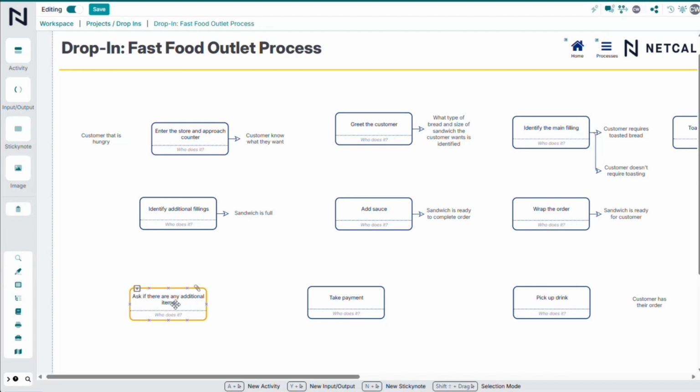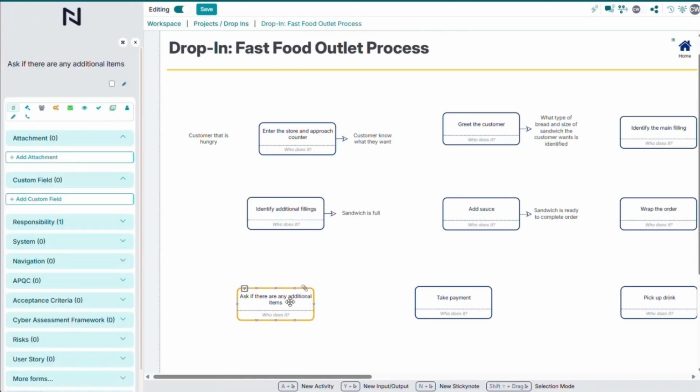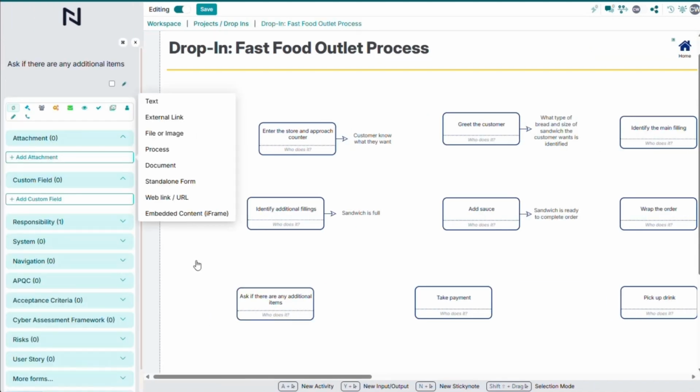So actually, when I was thinking about this earlier on, about this particular step, I was being quite specific about, okay, at this point in this process, you get asked, would you like to add a cookie or a drink to your order? So I was thinking, is it dessert? But here I'm just asking for additional items. But having now thought about that through, I might just want to capture that information here against the